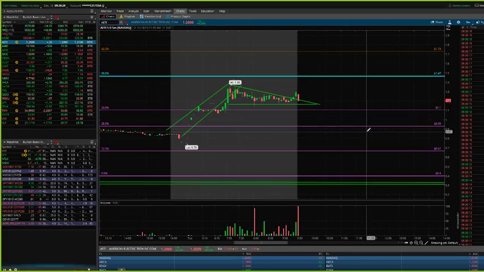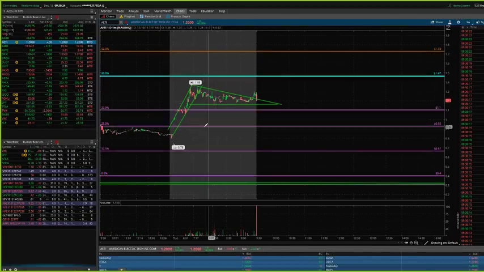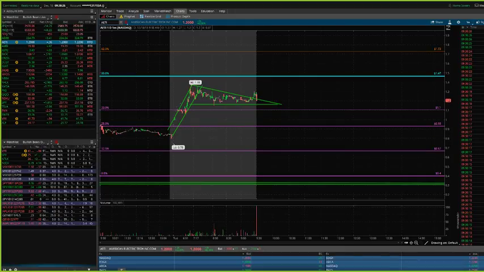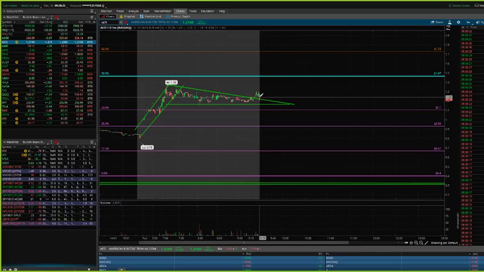So now we've got the bell open. I don't have any really planned trades other than some other bigger stocks that I'm watching. But in terms of AETI, this is coming right back to retest the top of this triangle. I don't have any moving averages on this chart at all. I just have candlesticks. So I'll be showing you guys price action and patterns and Fibonacci and how we can use those to trade,